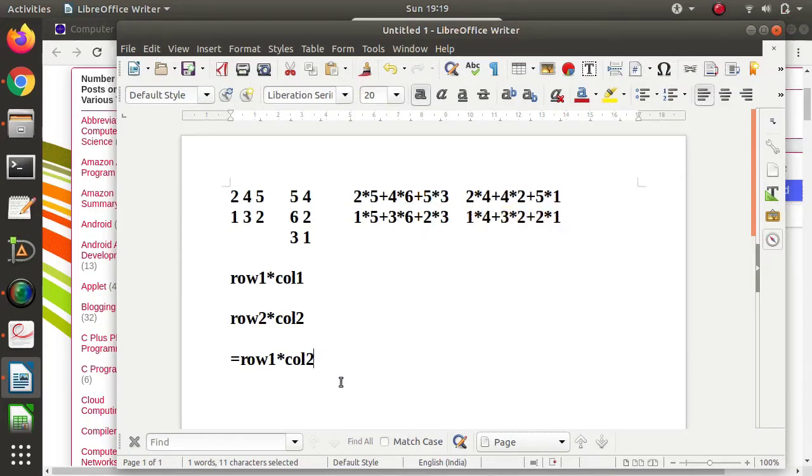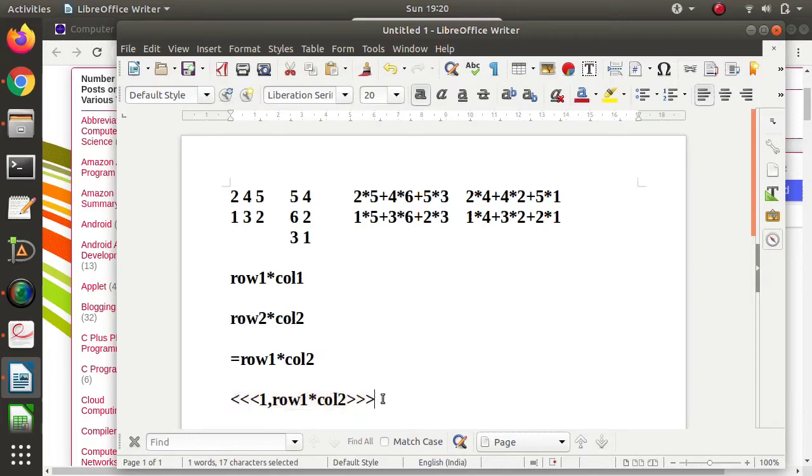So we require four threads. In the first technique we create only one block, and in it four threads. But how did we get that number four? That is the size of the resultant matrix. So instead of 4 we can write row 1 into col 2.